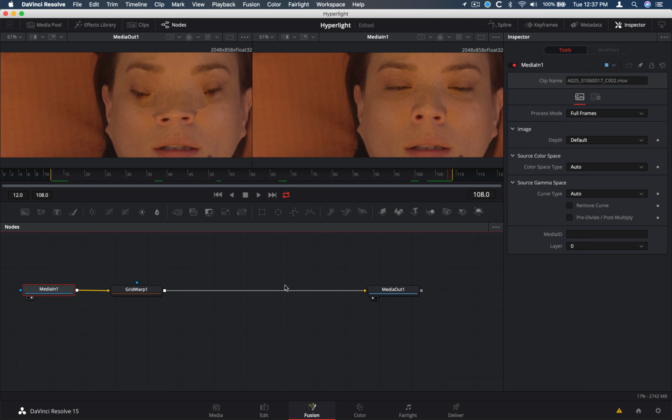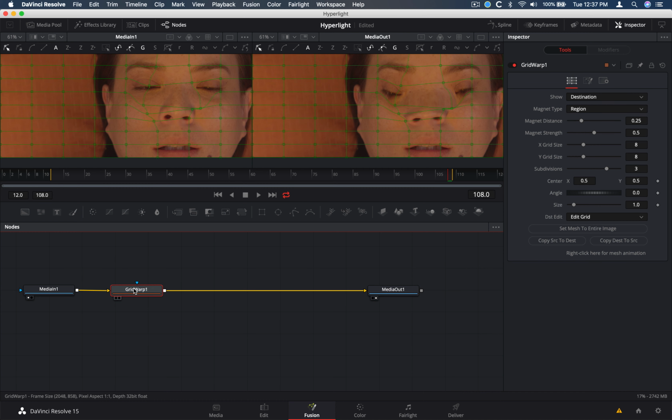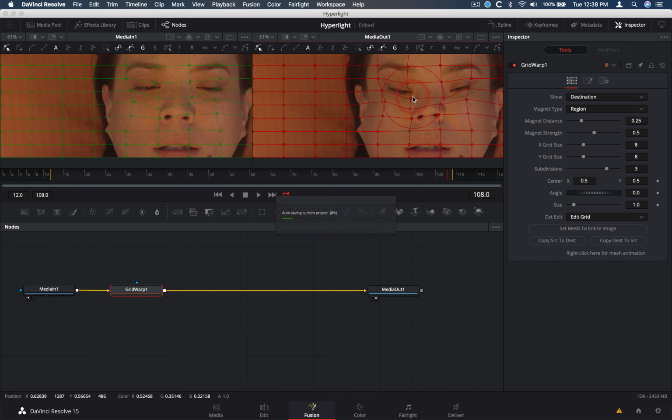Okay, so that's how the viewers work. Let me switch this back so I will see the media in on my viewer 1, media out on my viewer 2. I'll get back to grid warp so you can see what we're doing. Okay, so this effect is just ridiculous, but we're doing some work right now to warp the image, and media